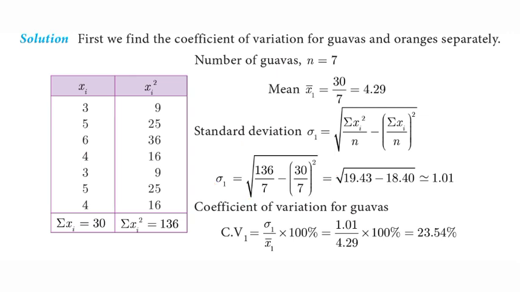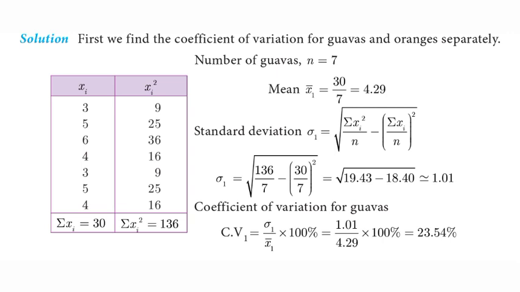That equals 136 divided by 7. Now take root of 19.43 minus the square of 30 divided by 7, therefore we get the answer